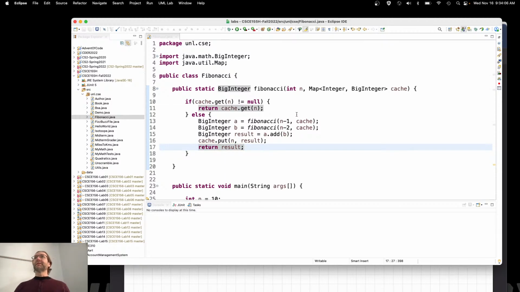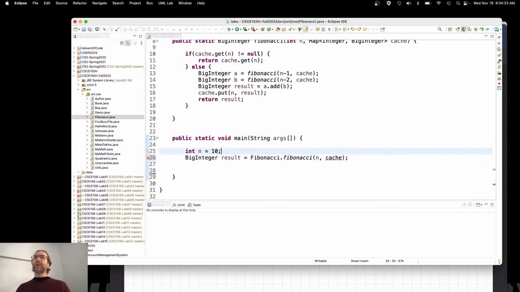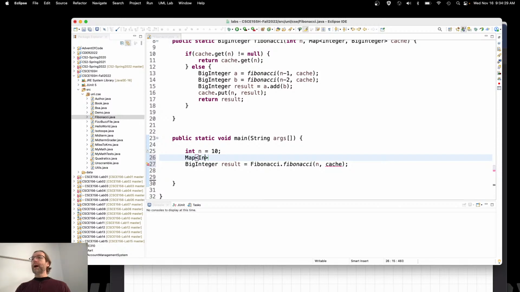That's it. That's as simple as that. Now let's go ahead and test it. BigInteger result is equal to Fibonacci.fibonacci(n), and then we need a cache here. So now we actually have to build the map, right? We have to build our table of values and take care of our base cases. So my map here will map integers to BigIntegers, and I'll call it cache because that's what it is. It's a new HashMap,